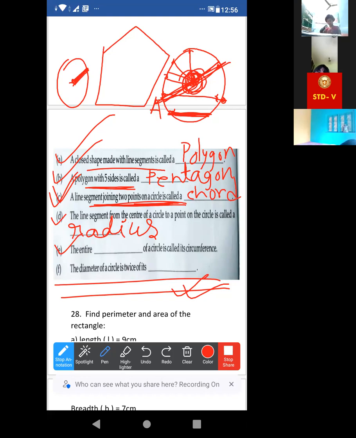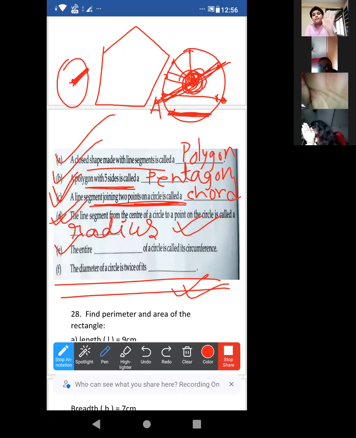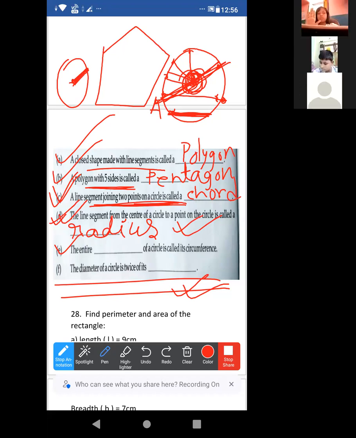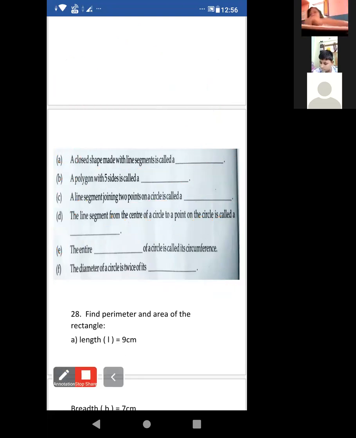Show me your hands if you have completed in front of the camera. All of you first. Siddharthi. Rifa, good. Shuhana completed? Shuhana Parveen? Up to D, I'm just telling you up to D. Completed? Ashmita? Then I am moving. I am clearing the screen. Look, all the answers have been cleared.